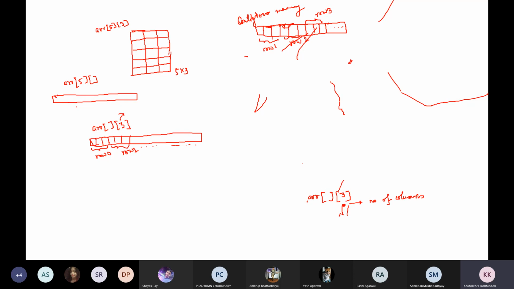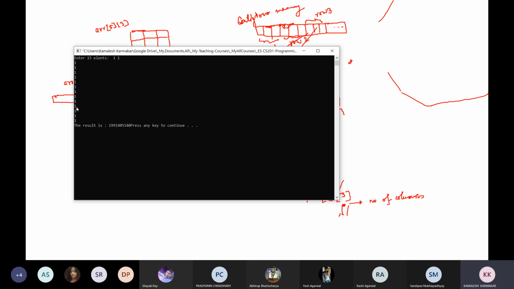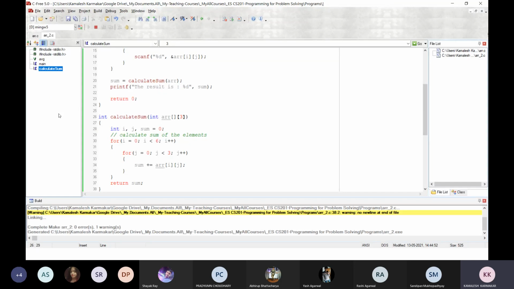That's why when writing this program, if I want to receive the parameter, only the first dimension can be kept blank, not more than one, and obviously not any other position, during receiving this data as a parameter.